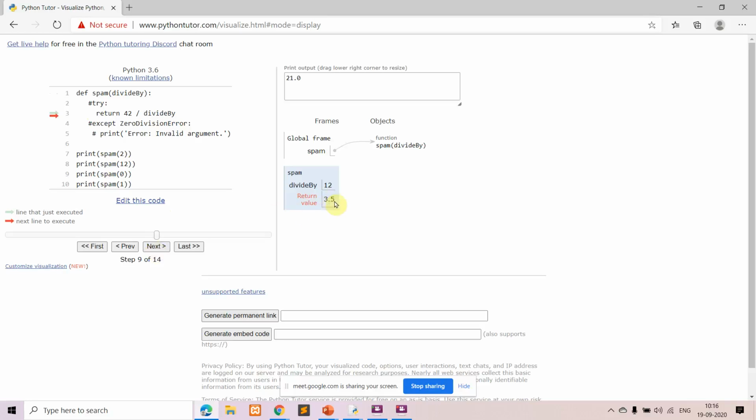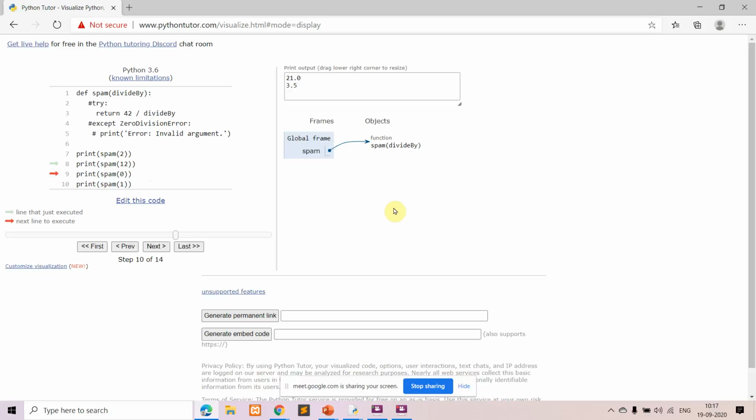The return value is 3.5, which comes back here and is printed. Check out in the previous step what you had as the local variable, and in the next step, once you come out of the function, that local variable is destroyed.